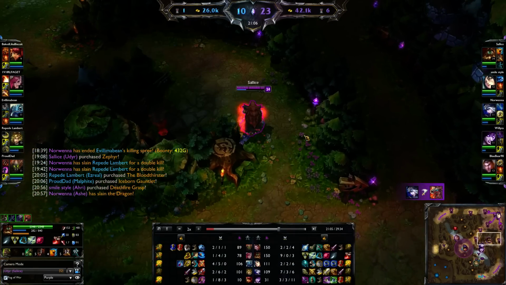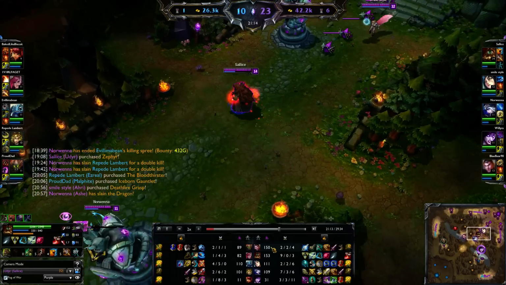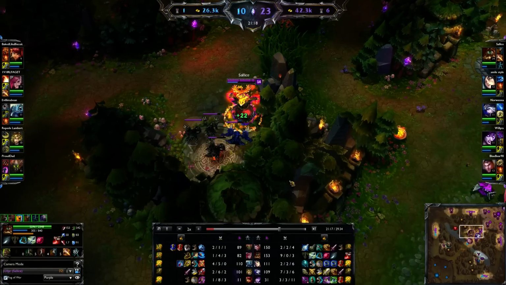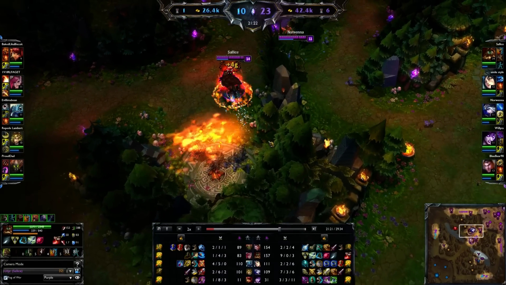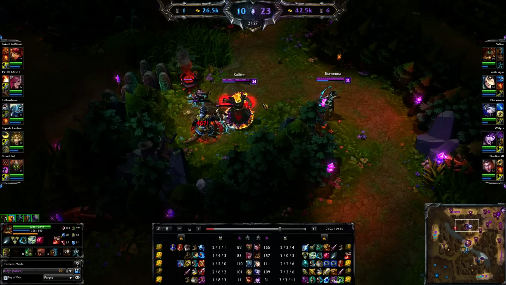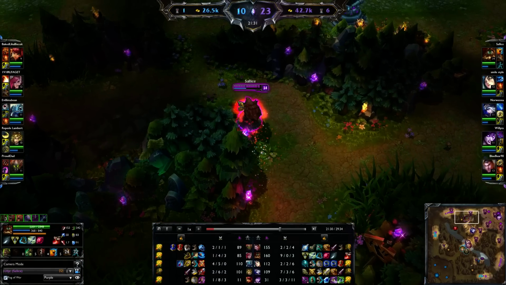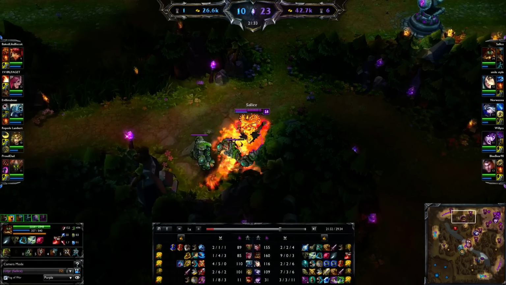Just keep on farming. So I'm tied with Jace right now. I'm about to pass him. This farm, he's been helping a little bit more on the objectives right there, so he kind of slowed down. And this Ashe, I could have given him right. But like I said, if you want to carry the game, you gotta take as much farm, gold, everything you